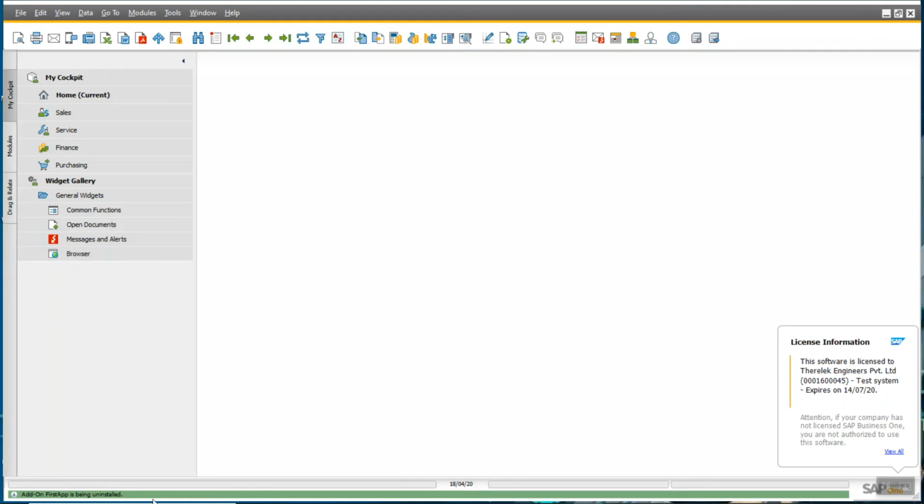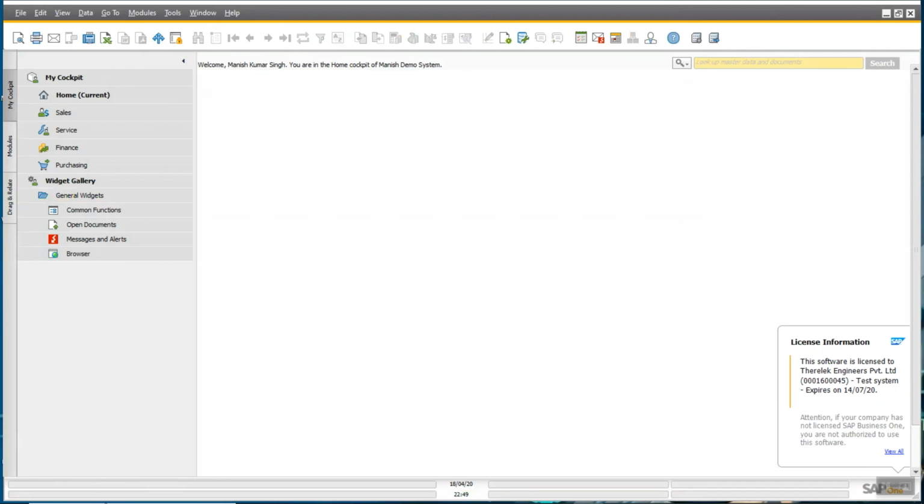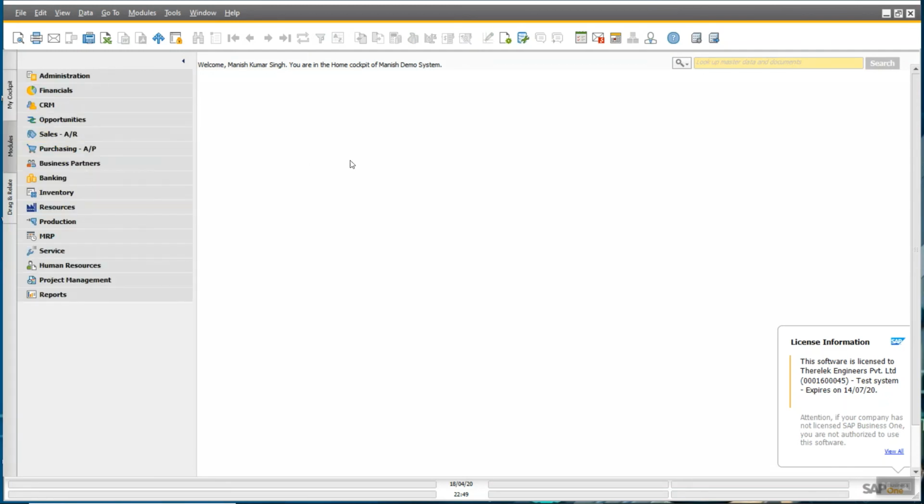This option is coming because I have earlier installed the add-on and then uninstalled that add-on, that's why it is showing this message. Once again, the add-on has been installed successfully.